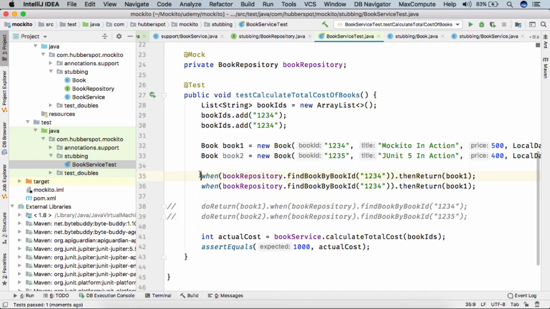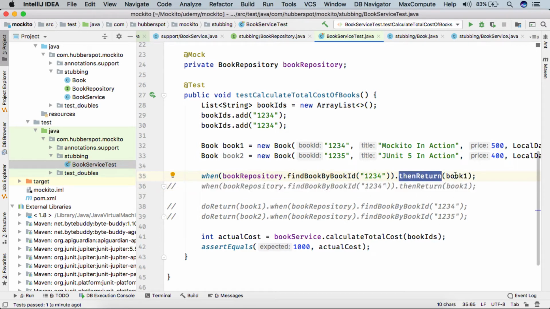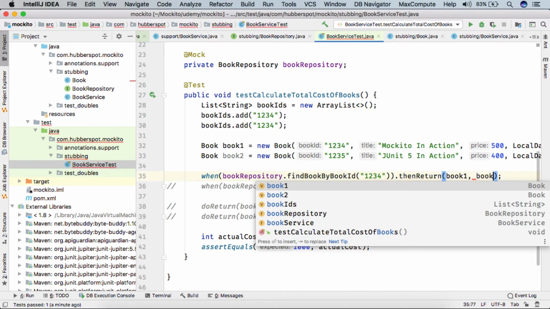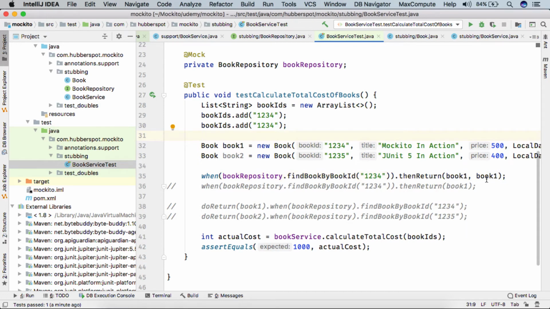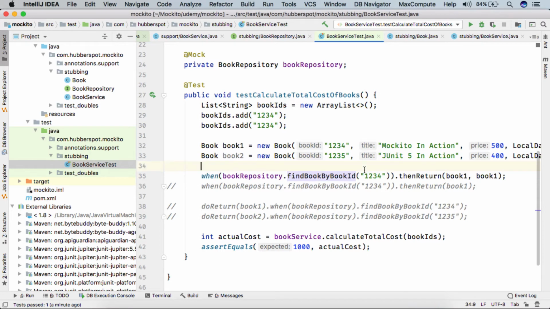But here you can also see that we need to stub the same method with the same value two times. So Mockito provides us a way to use just one stubbing. Let's say I comment this part. In then return, we can tell Mockito that when book repository's find book by book ID is called with 1234, then return book 1, and if it is again called with 1234, then return book 1.